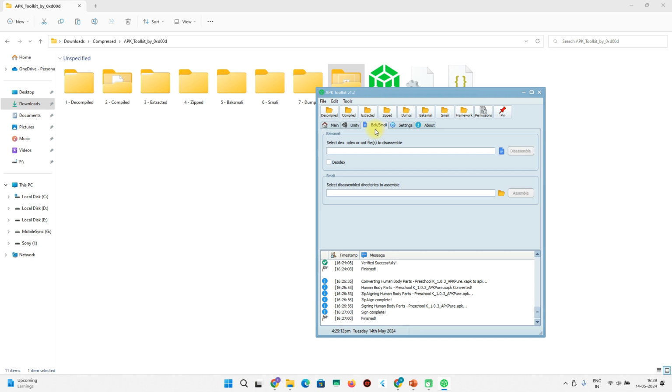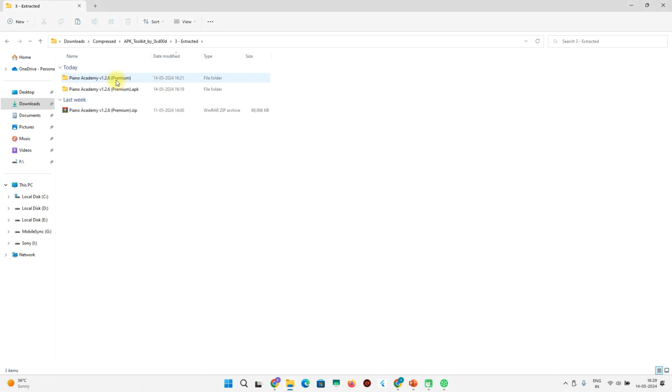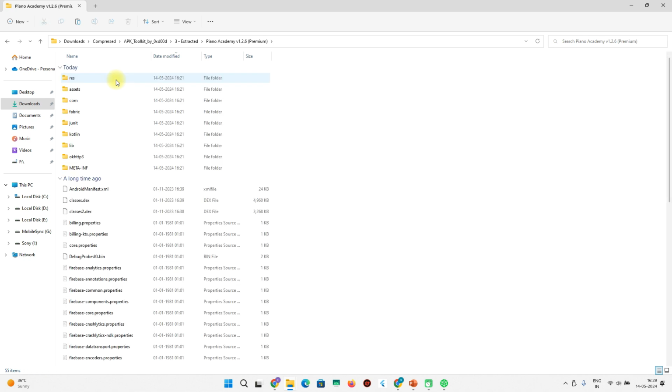So if you decompile an APK, modify the code, make the changes you want, and then want to make the APK again, that is called compiling. But due to some dependencies or some error, the compiling of the APK can fail. In that case, what we have to do is, you have extracted here. We have a folder just now, you have extracted here. So inside that,